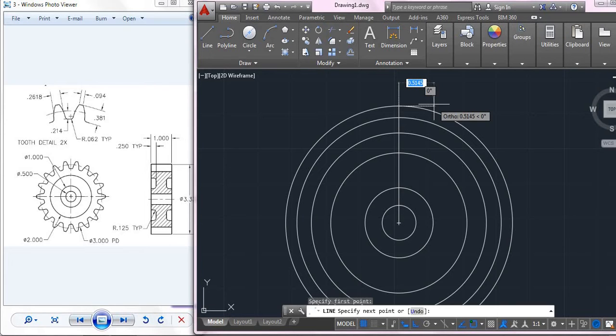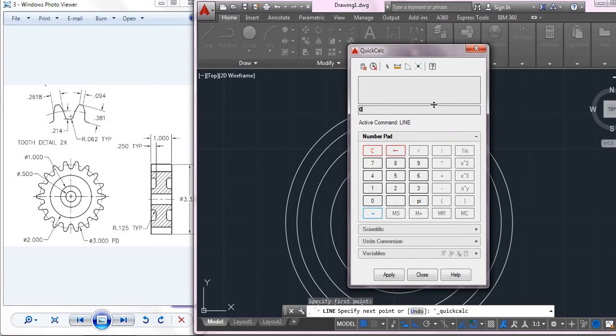To calculate, you can use the calculator; Control 8 is the shortcut key for the calculator. Now you can see there is a quick calculator. Here I will calculate my distance, that is 0.94 divided by 2. It will be around 0.047.